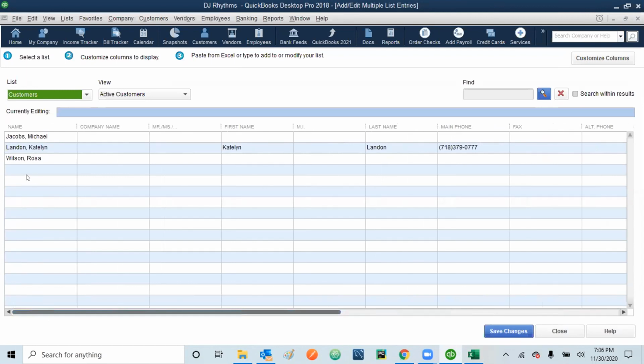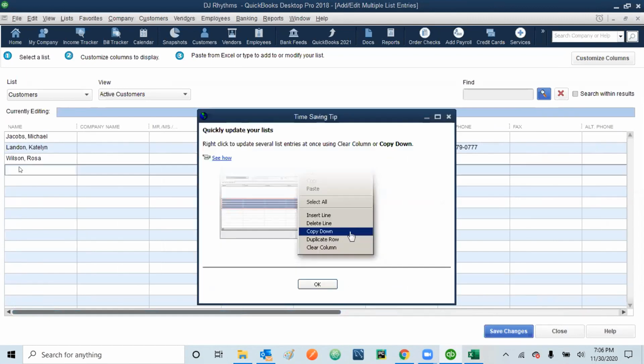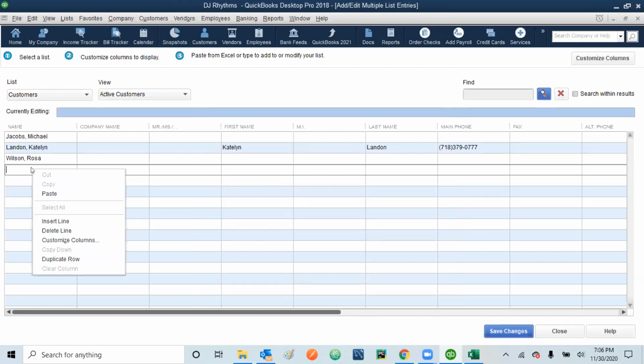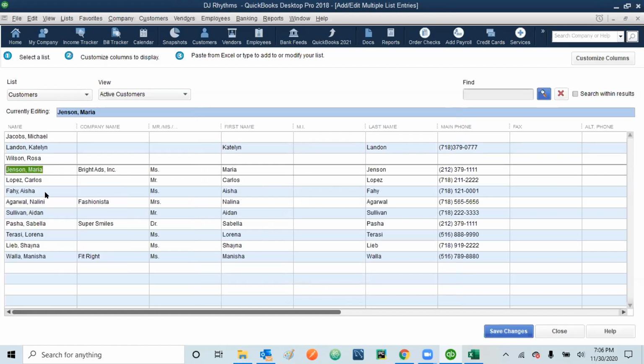So I want to add all of the names from this line, because in the previous line the information is already available. Like I have the names on the other 3 lines. Let's say if I don't have any name, I can select the first line. But right now I already have the 3 names here. I'll be selecting all the way from the very first line, and then I'll just simply click OK. It tells you that it will be updating all the details, copying down. So you can just simply click OK, and then you can right click and click paste.